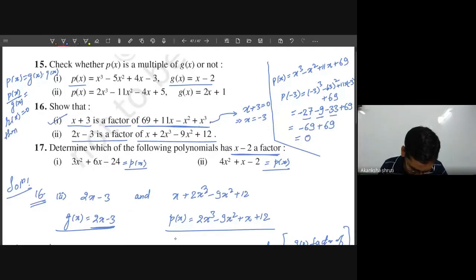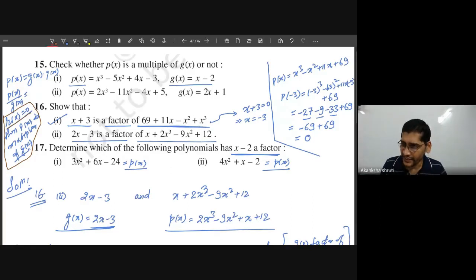then this gx is a factor and px is a multiplier, then px is a multiplier of gx. If the remainder is not 0, then this will not be the case. Okay students, so this is the criteria that has to be followed for multiples. So you will check by dividing the two. If the remainder is 0 on dividing, then it is a multiplier; if it is not 0 on dividing,